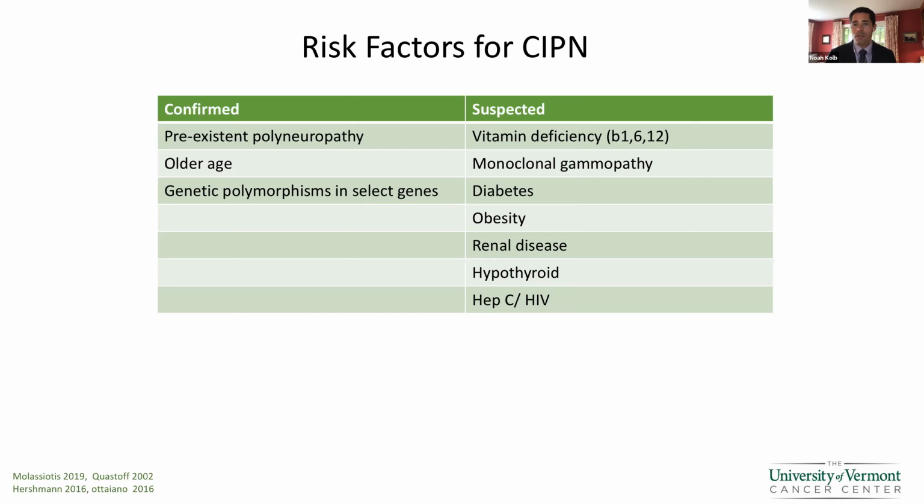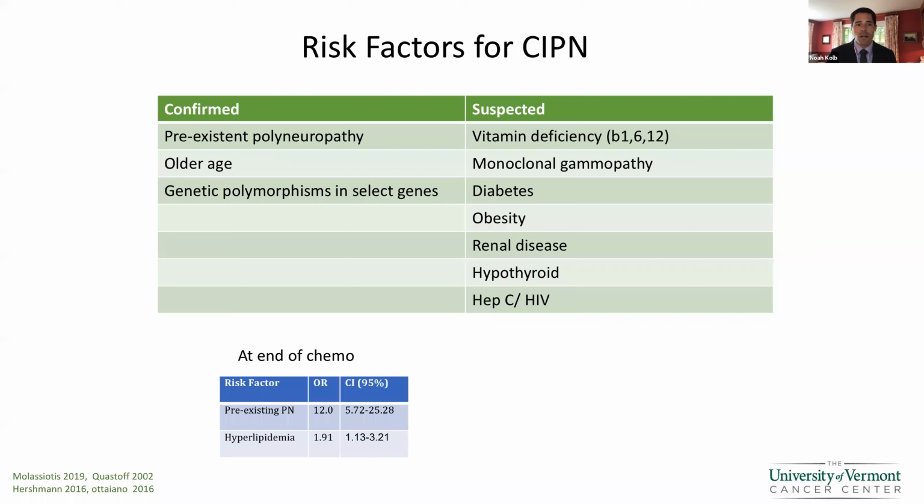We've done some of this research ourselves, which is soon to be published. We looked at a cohort of over 500 patients that received paclitaxel, mainly for breast cancer, and tried to figure out what the risk factors were for developing neuropathy by the end of chemotherapy, but also who would retain this neuropathy, who would still be affected by it 2 years later. For the end of chemotherapy, after looking at a lot of different risk factors, we found that pre-existing neuropathy is clearly a very big risk factor for worsening neuropathy when you're exposed to chemo. And interestingly, hyperlipidemia was too. But again, this is preliminary data, and we need to see if this is borne out